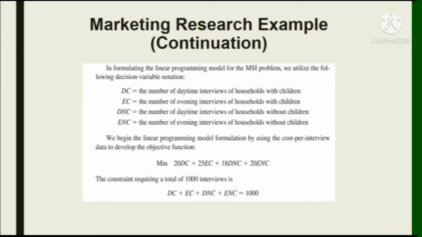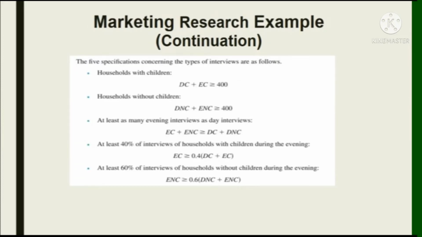So, mao niya itong objective function: 20 DC plus 25 EC plus 18 DNC plus 20 ENC. The constraint is mao ni DC plus EC plus DNC plus ENC is equal to 1,000. Niya mo ni ang iyang mga specification. Household with children, household without children,